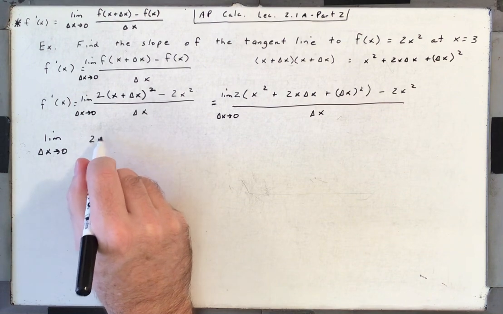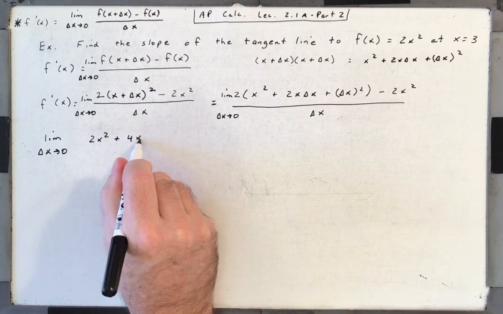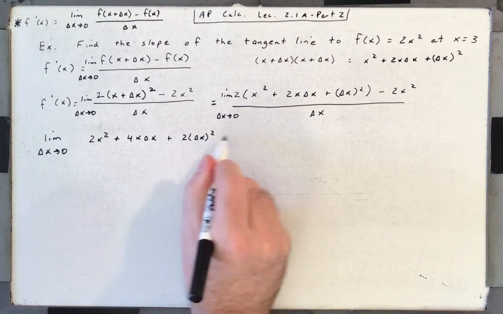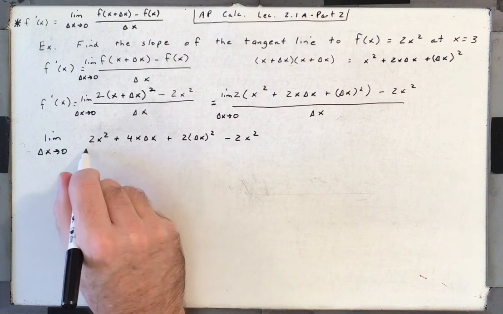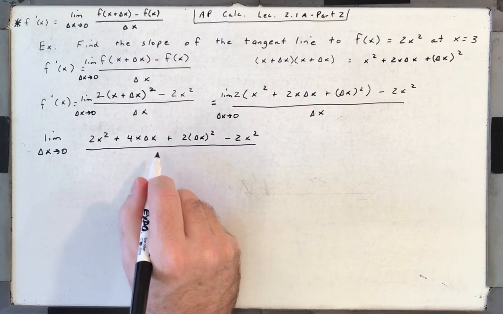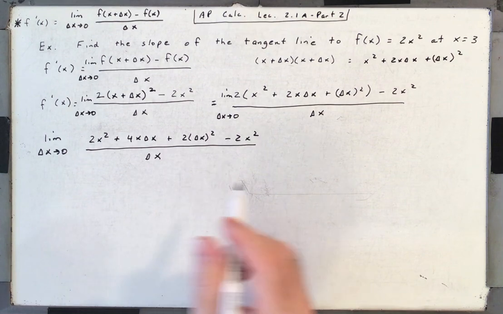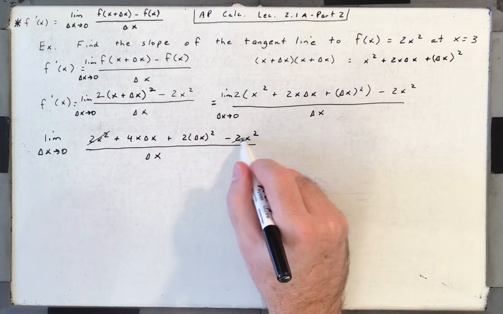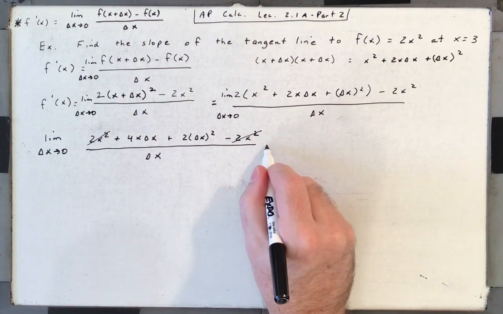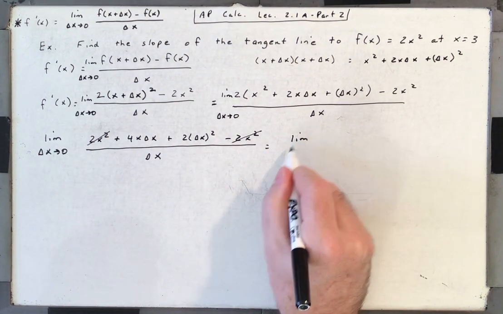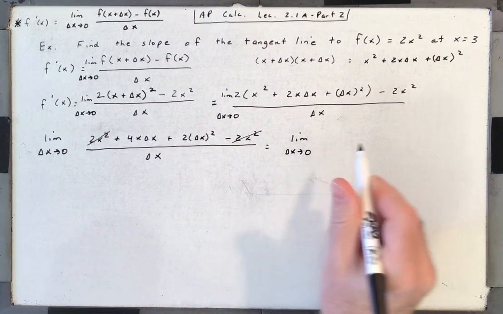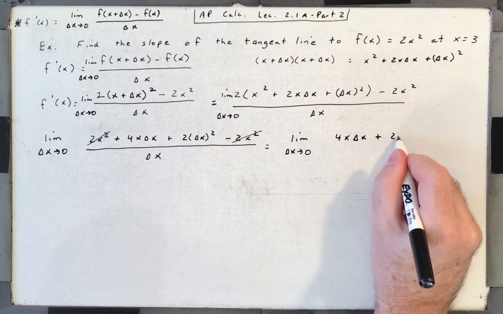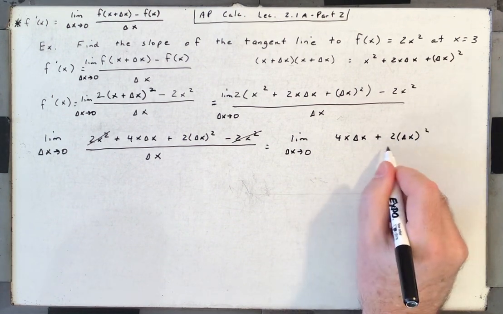So that would be 2x squared plus 4x delta x plus 2 times delta x all squared minus 2x squared over delta x. So any of the terms that don't have delta x in it suddenly go away. 2x squared minus 2x squared. So we're at the limit as delta x approaches 0 of 4x delta x plus 2 times delta x all squared